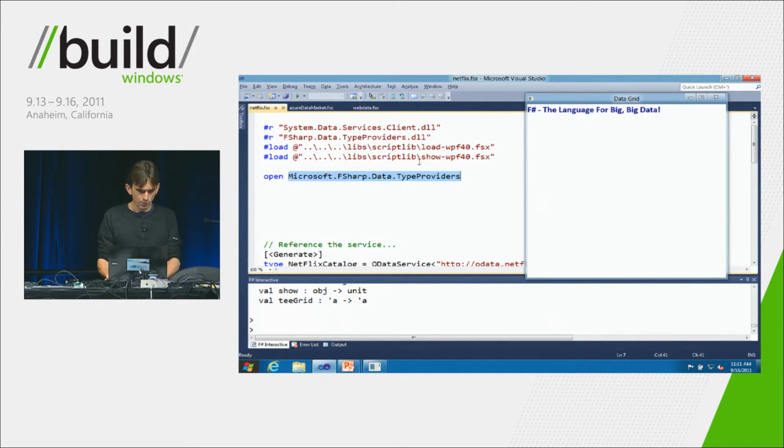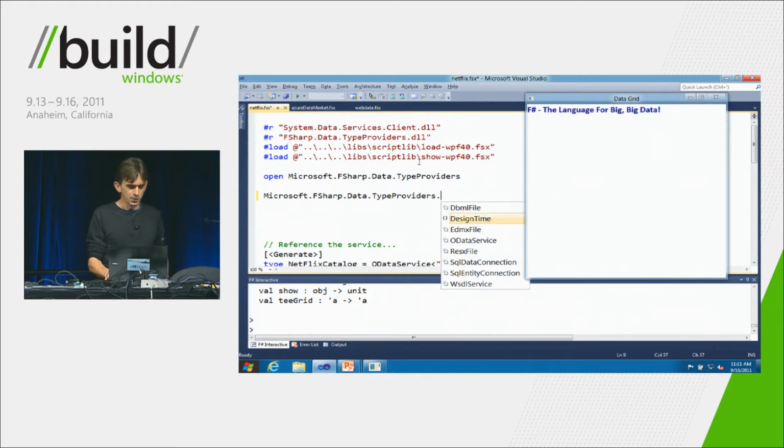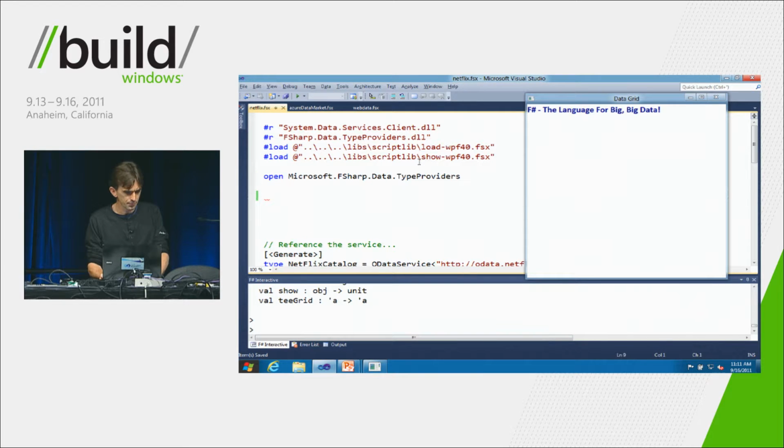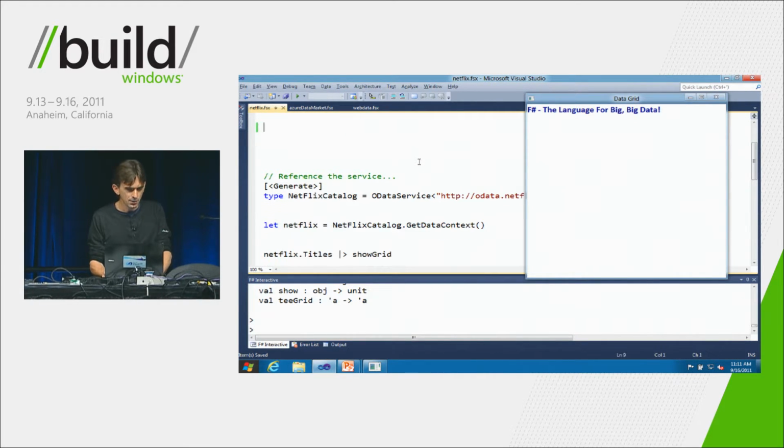If we want to see what different type providers are there, you can see there are OData, WSDL, SQL data, SQL entity, and also if you have DBML files or EDMX files, there are other ways of accessing SQL. Okay. So once we have that,